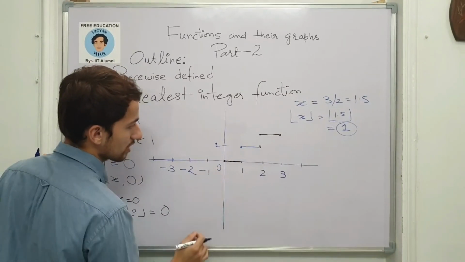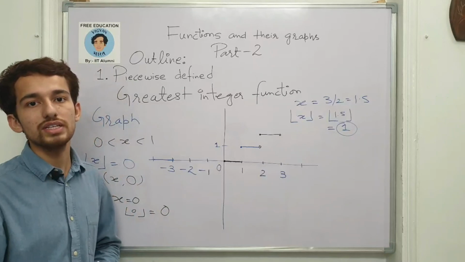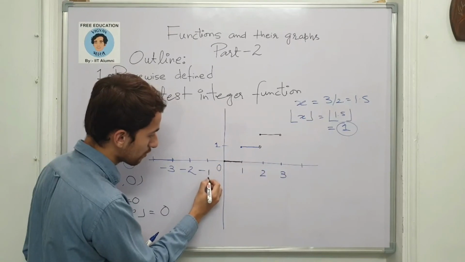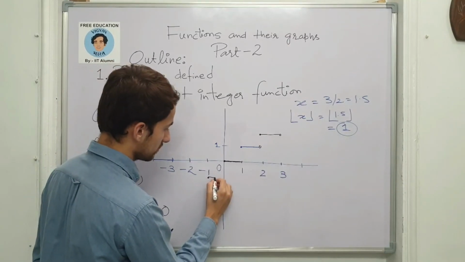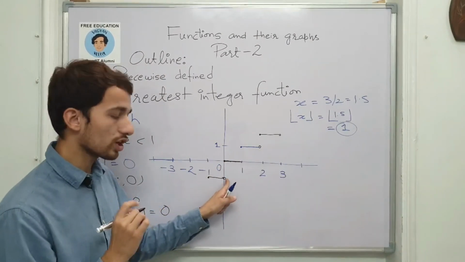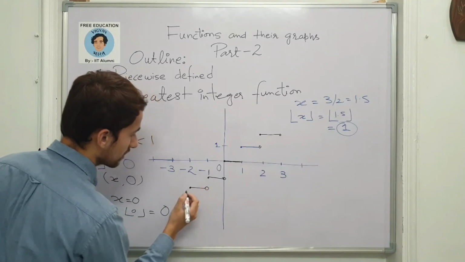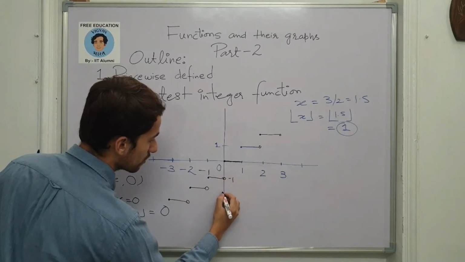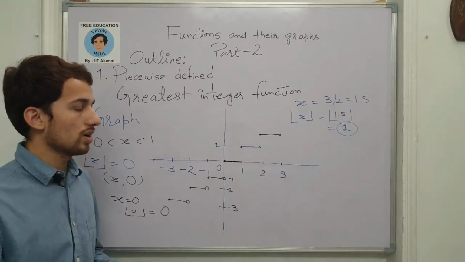You can pause the video and think over it once, about what will happen when you move to the left side of 0. So the function will look something like this. In this case also, at -1, the output is -1, and for all the values lying over here, the output is -1. So there is a gap, because at 0 the value is 0, so you are not assuming this value; the gap shows. Likewise, we can continue at -2, and there is a gap. This is -1, this is -2, this is -3. So in this way the graph looks like this.